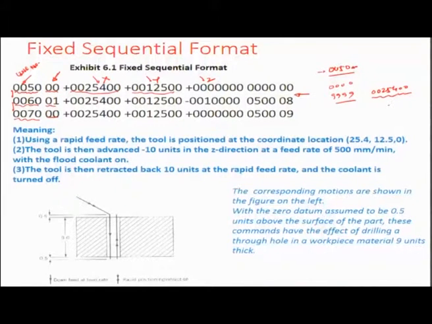So basically in this particular case it is giving a controller capability in terms of how many places would be there before the decimal and after the decimal. So if I were to represent 25.4 millimeters as the position coordinate in this drilling operation